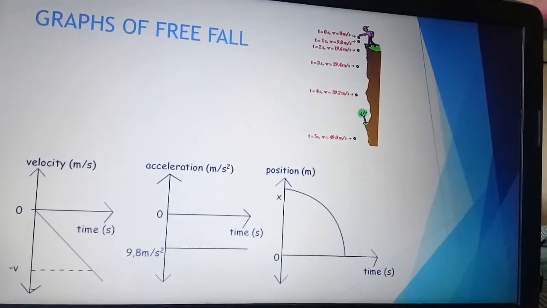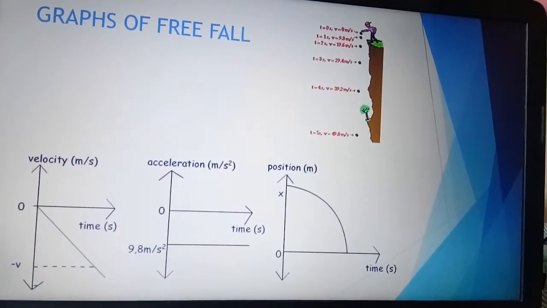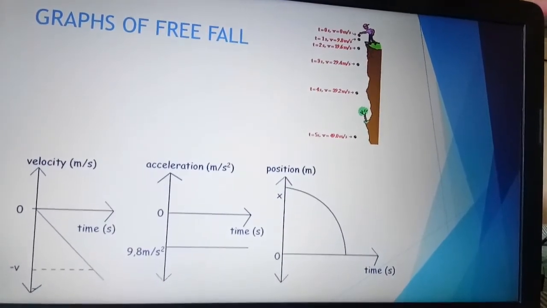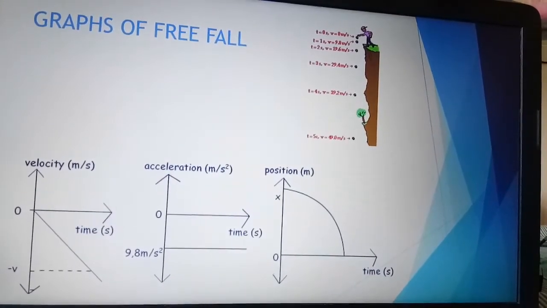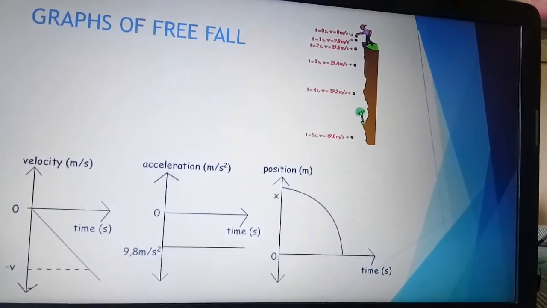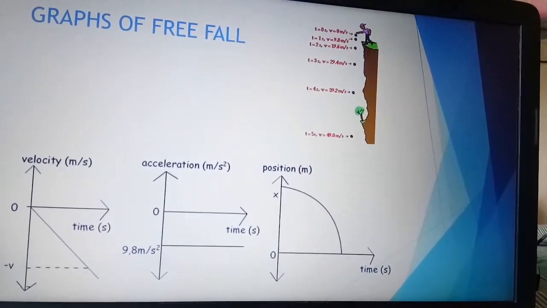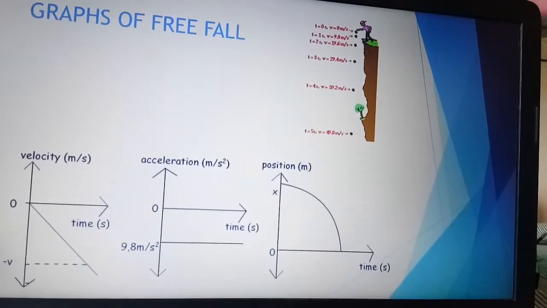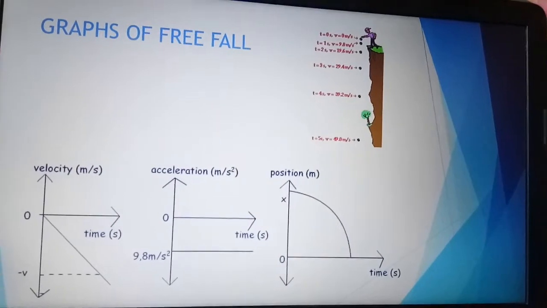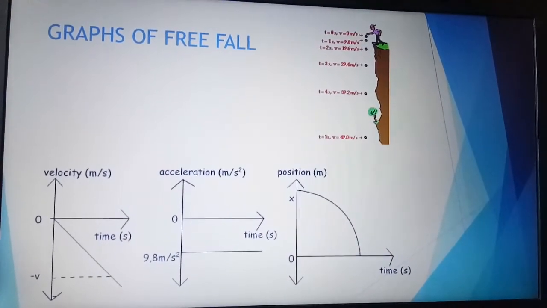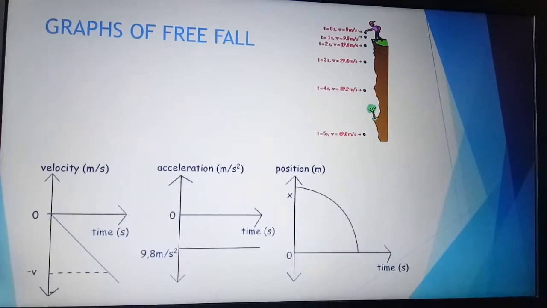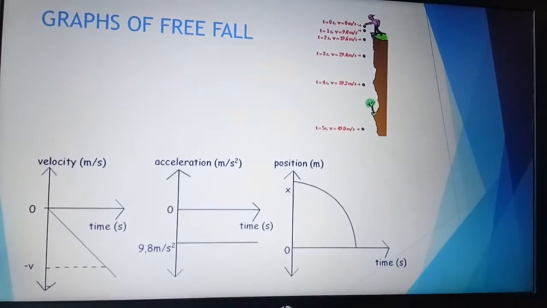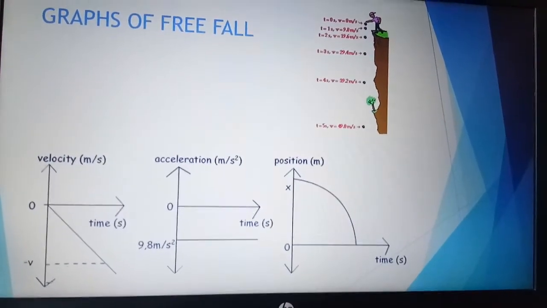When t equal to 0, h is at a certain point from the ground. If you take it from the ground itself, then it is falling down. When you put t equal to 1, you get half g. When you put t equal to 2, you will get half g into 4. If you go on calculating and draw the graph, it's going to be a curved graph, a parabolic graph. These are the three types of graphs for free fall, which are very important.